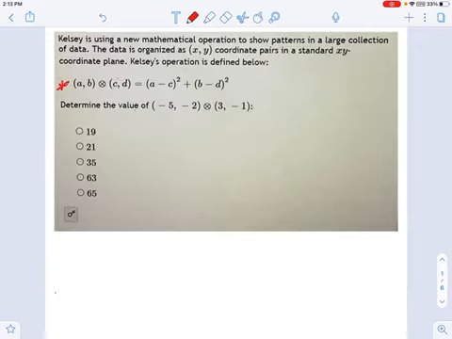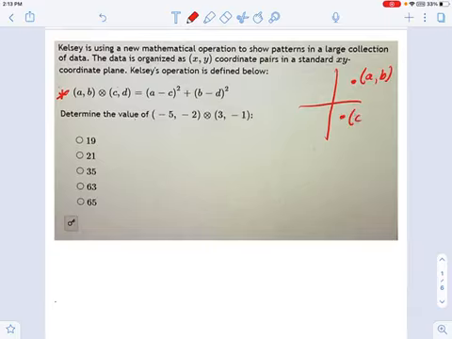Here's your function. You have two coordinate pairs, (a, b) and (c, d). And you could think about these as literally coordinate pairs. Like there's (a, b) and here's, I don't know, (c, d), like right there. Well, if you do something to these two coordinate pairs together, some kind of weird times with a circle around it, that's the new operation, you get this. There's your equation.